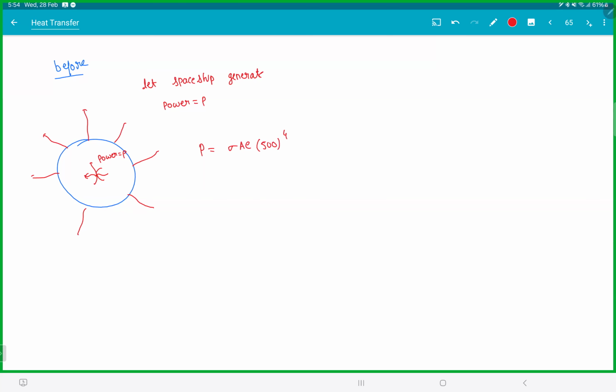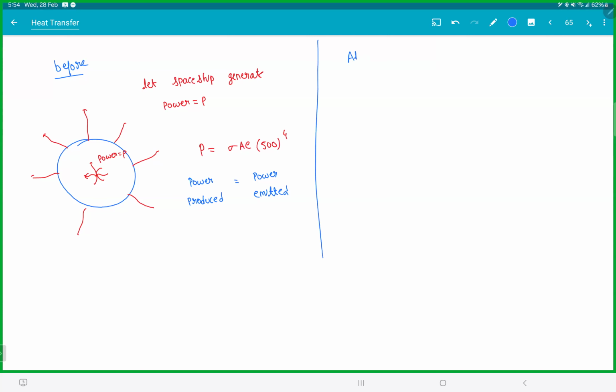Power generated by the spaceship should be equal to the power emitted by the spaceship. Steady state, right? Power produced by ship should be equal to power emitted. Whatever you're producing inside, everything should escape through the surface. Is it clear with that? Clear? Now,